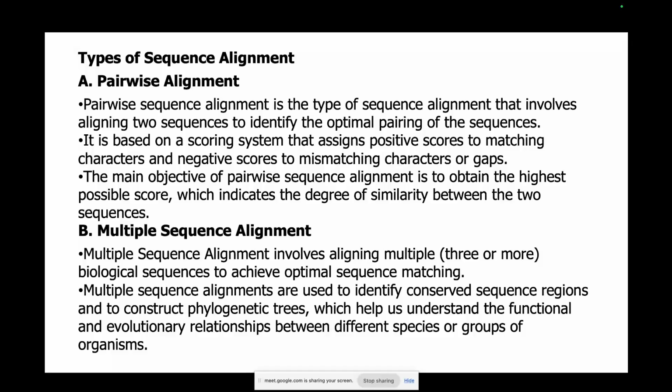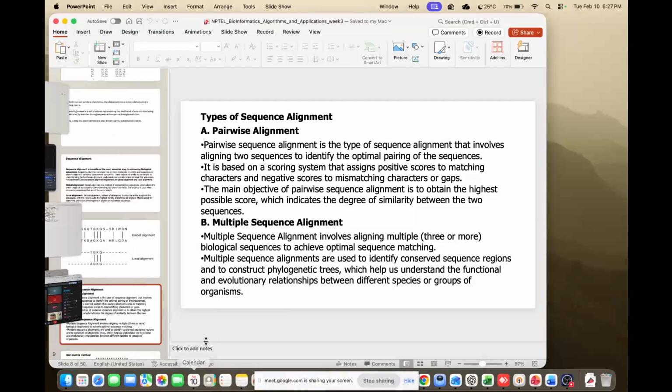But in some cases, what you would want to do is try to compare multiple sequences, three or more sequences together. As I was showing in the histone example, you are comparing sequences of 4 different organisms together, right? So here the idea is to find conserved sequence regions and to construct phylogenetic trees. I don't think we have covered phylogenetic trees here, but the general idea of a phylogenetic tree is basically, if you have a tree-like structure, the branch that forms the two, say for example,